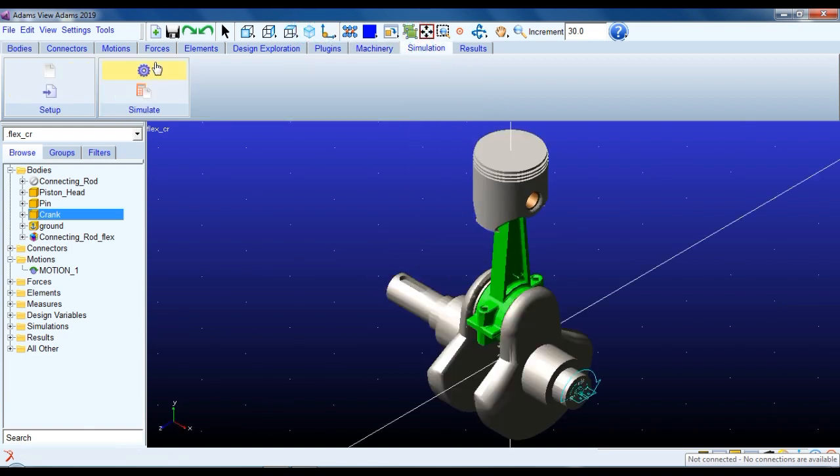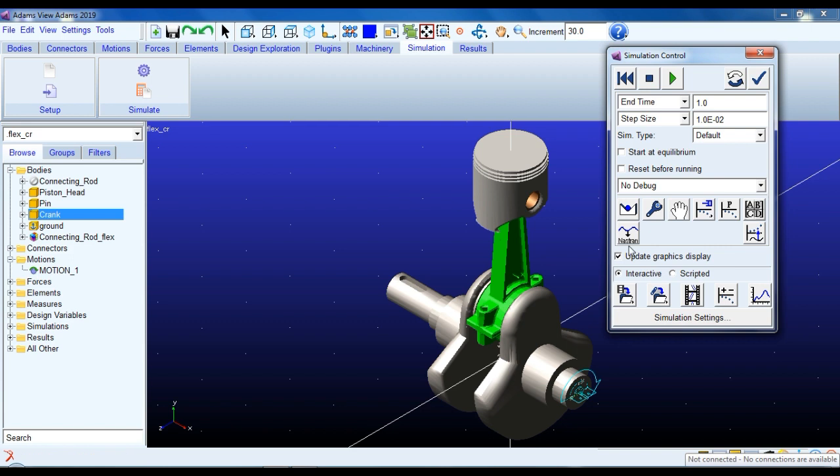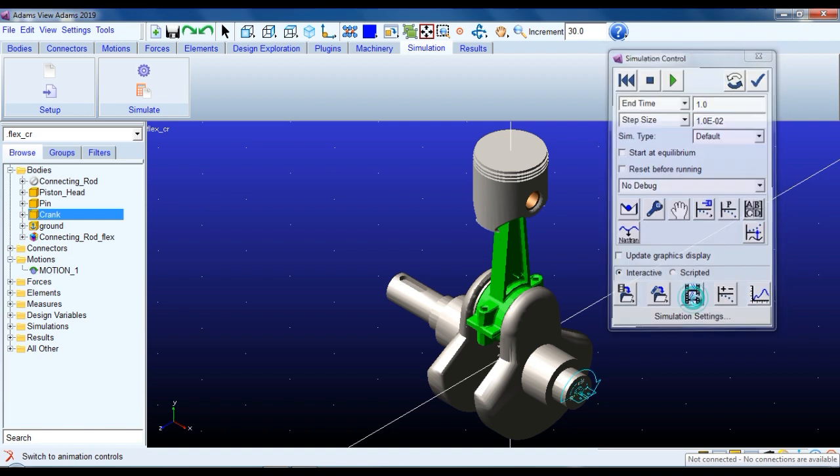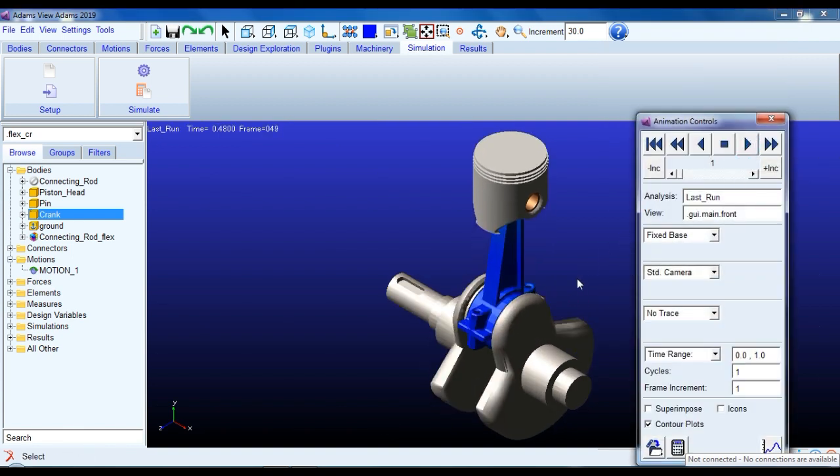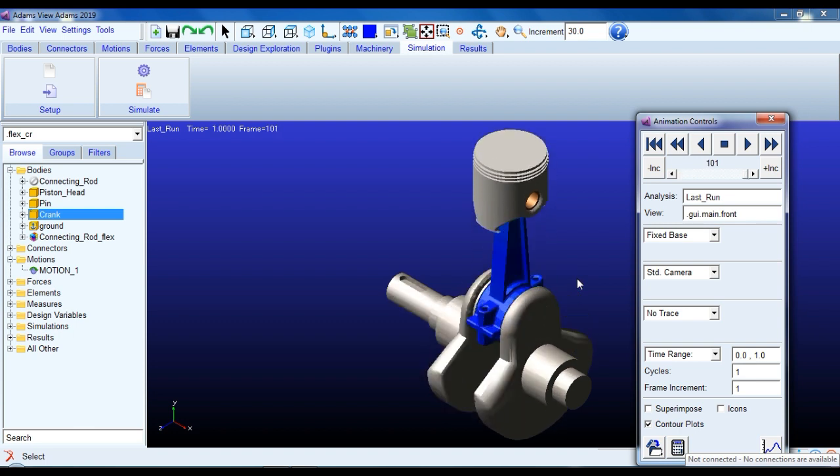Simulation, go to 1 second. I will uncheck this update graphic display so that it will run in minimum time. Start the simulation. Now simulation is completed. Now we'll run the animation. So you can see the behavior change of this